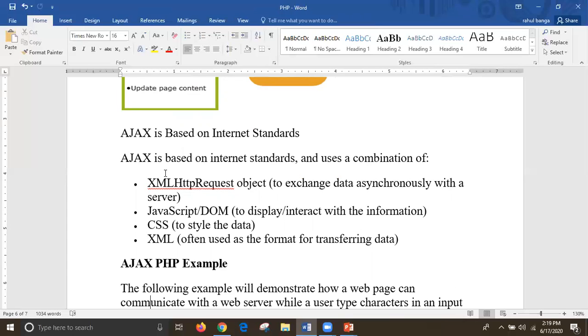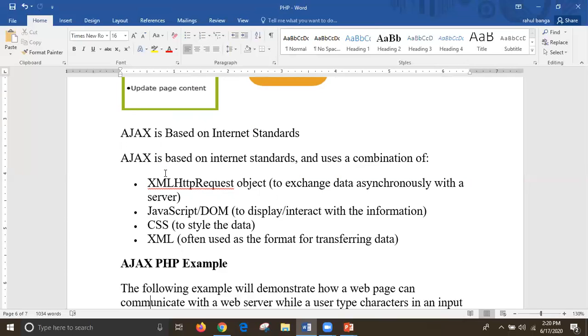So we need JS, CSS, XML, and also the XML HTTP request object. That object helps in transmission of asynchronous data to the server, and the server responds, with JS helping in interaction with the information. Once the interaction is there, how to display the data is done with the help of CSS.